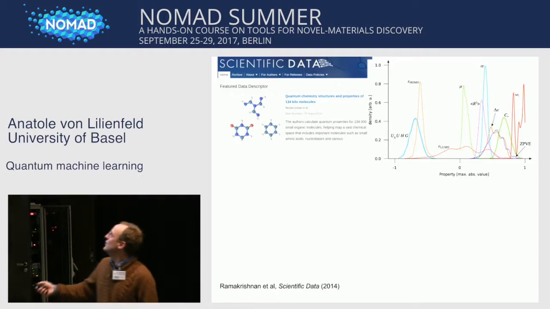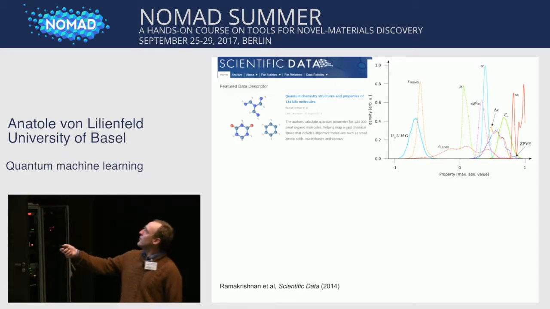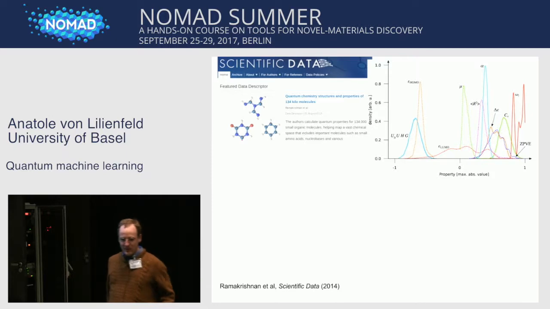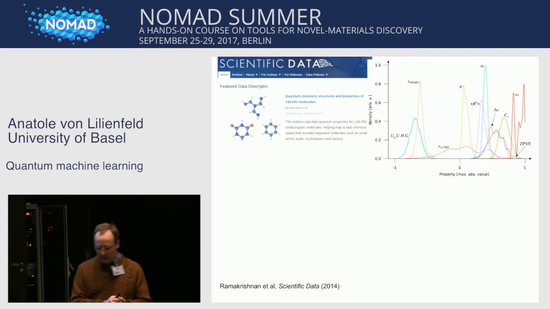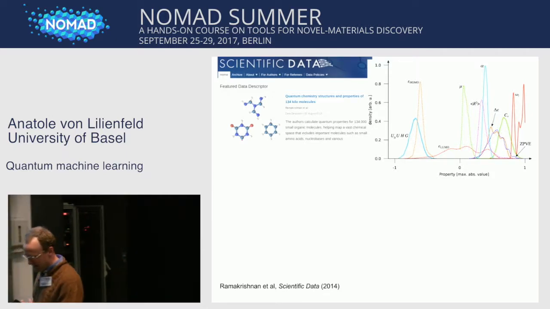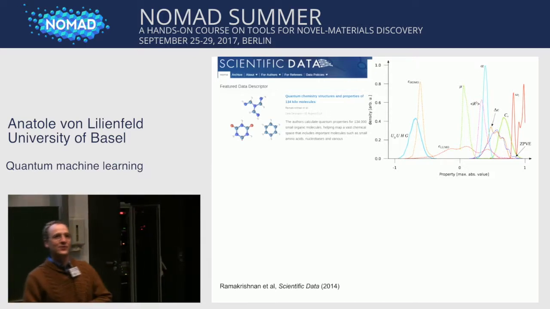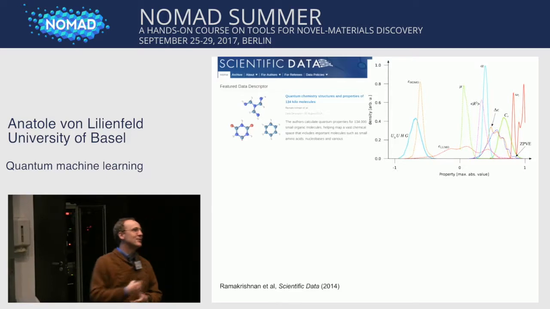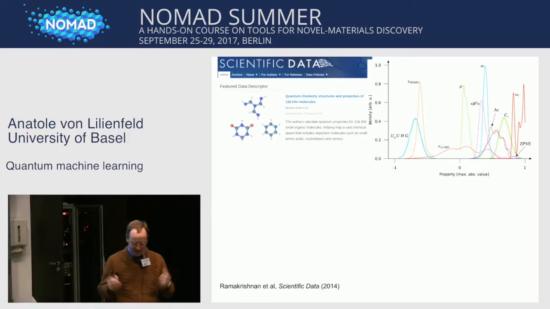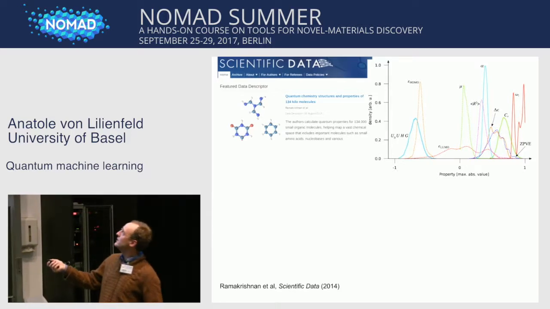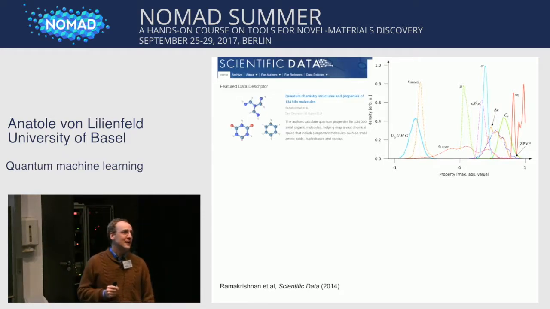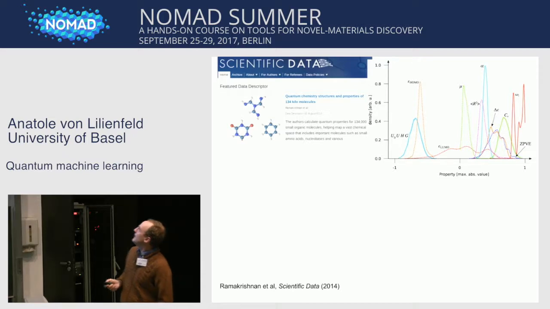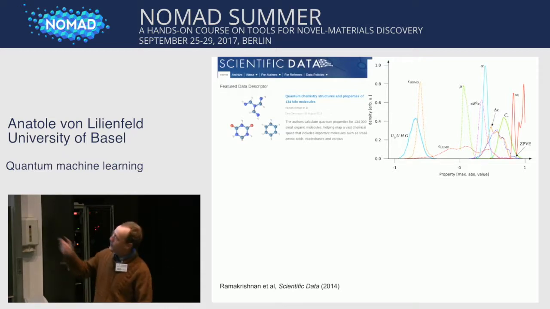Now, let me go to these molecules. So Raghu calculated for 134,000 molecules, which we drew from an organic chemist's list of reasonable molecules. So he made that list with graphs, SMILES strings for billions of molecules, and we took the smallest ones, which had up to 9 atoms, not counting hydrogen. And there happened to be 134,000.